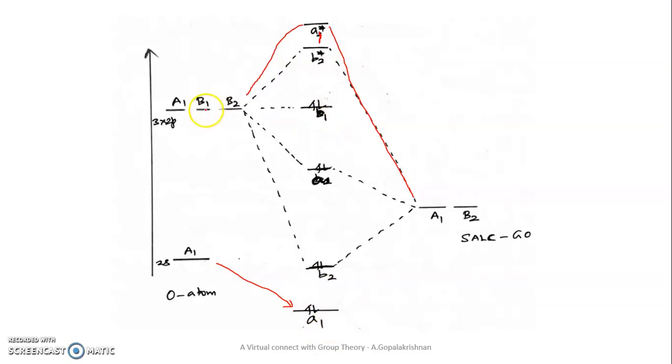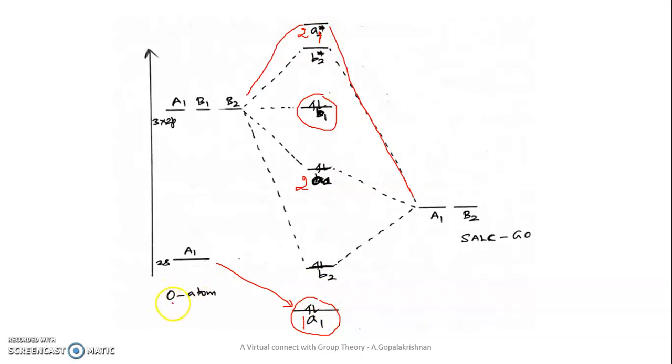In this diagram, this is a non-bonding molecular orbital. Similarly here, this B1 orbital does not have any matching symmetry. So the B1 orbital remains as a non-bonding orbital. Among the 6 molecular orbitals, this A1 is a non-bonding molecular orbital, and this B1 is another non-bonding molecular orbital. Are you able to follow? If you want to distinguish this A1 and this A1, you can put 1 here and 2 here, just to differentiate. This is 1a1, this is 2a1, or you can say that this is 2a1 star. So this is the molecular orbital diagram for the water molecule.